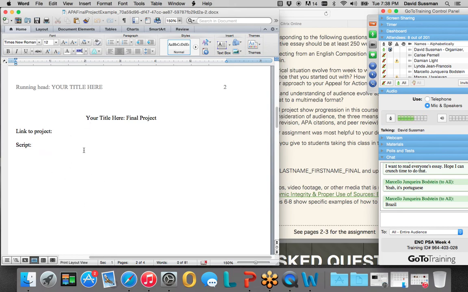Next, a script. So your script will go here. Comic people don't really need a script because their text is already contained in the comic itself. But if you created a video or an audio or a song, I need the script here, okay? The lyrics, the actual voiceover or narration or dialogue to your video or audio, it needs to go here. A, it helps me follow along more easily. And B, I think I said this last time, it shows evidence of planning. When I can see that someone has actually created a script and then carried out and executed that script, that's a good thing to see. When I don't see scripts, then it makes me more nervous because not all the time, but sometimes it's an indication that things were sort of done on the fly.